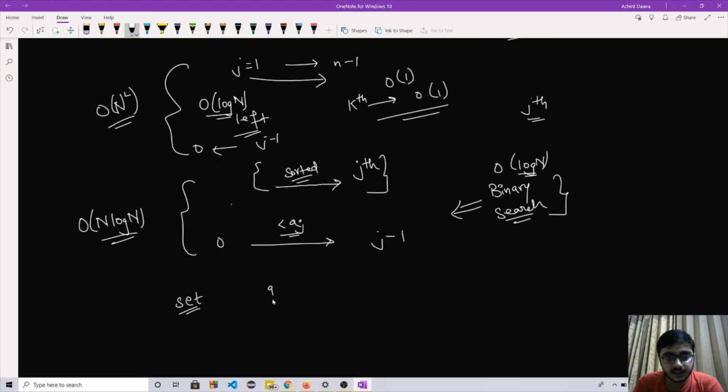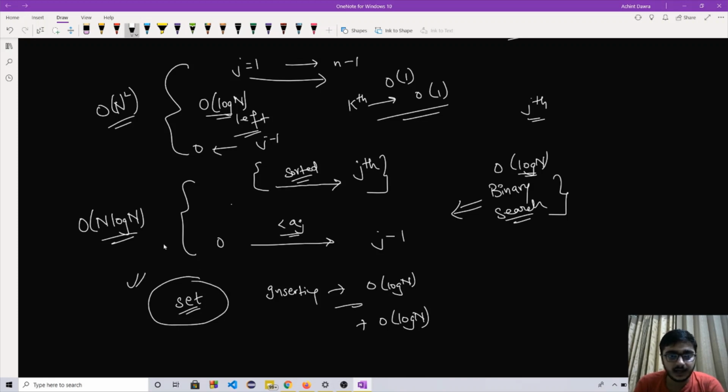So now inserting an element in a set takes time in order of log n, right? And then using binary search, we can use the lower bound function, and that would also take time in order of log n, right? So we can use a set data structure here, and the final complexity would be in order of n log n, which is the best time complexity possible for this problem, right? So next we would be discussing a dry run using this approach only over our sample case.